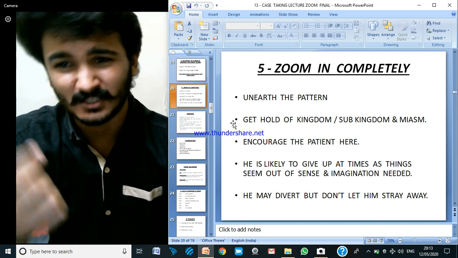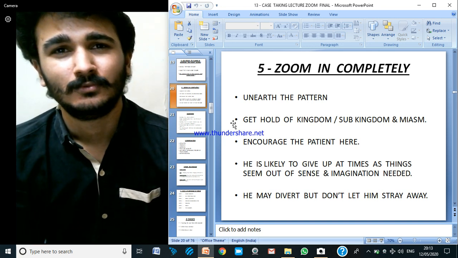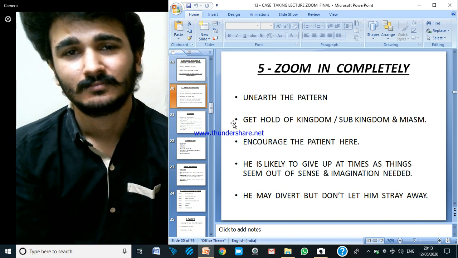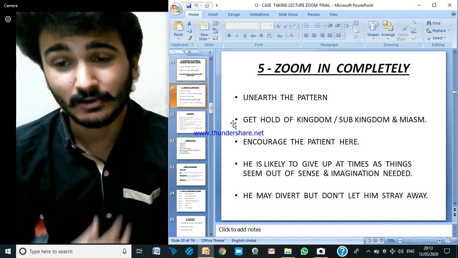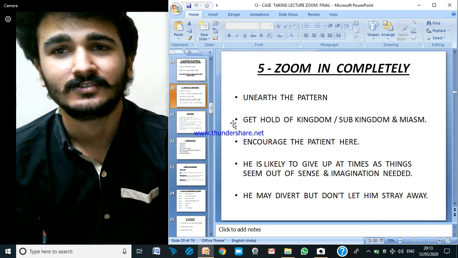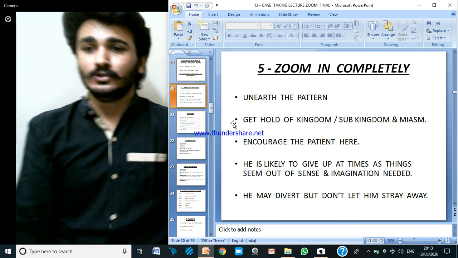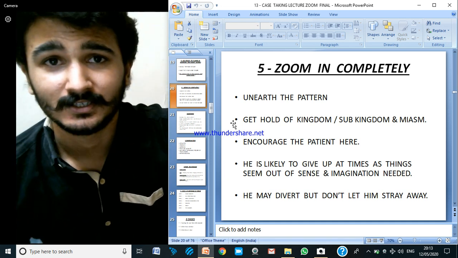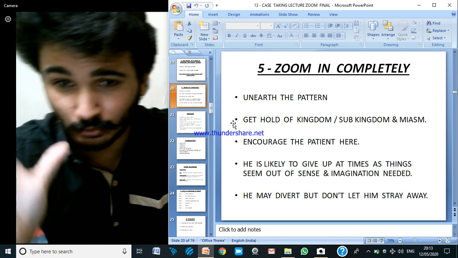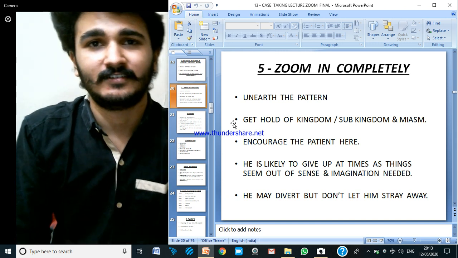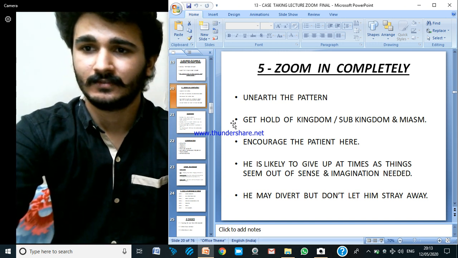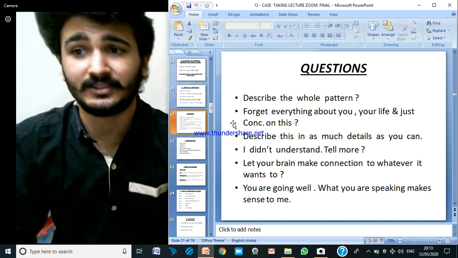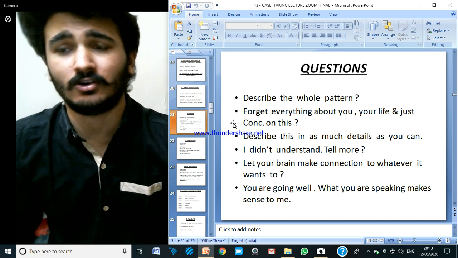Tell them that this is very important to know. You want to know exactly what is happening in depth. Then they will know that, yes, this is something important. Okay? So he may divert his topic sometimes. Don't let them divert. And this is the very crucial point. Let them be there. Okay, so ask them, describe the whole pattern, forget about everything, just concentrate on this, just talk on this in